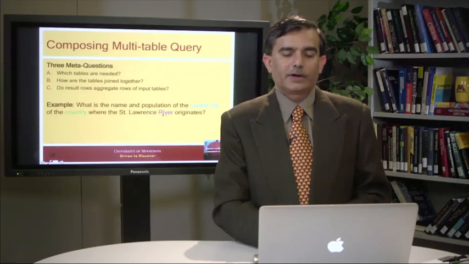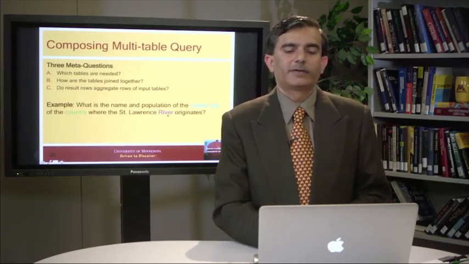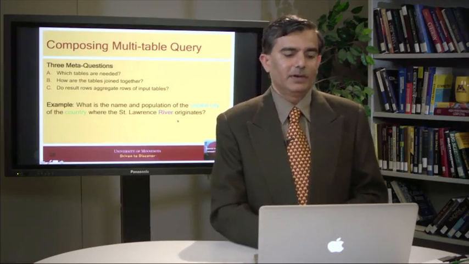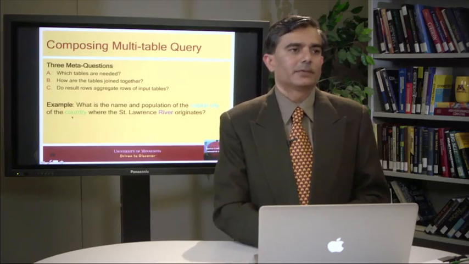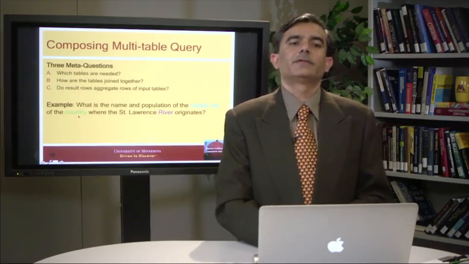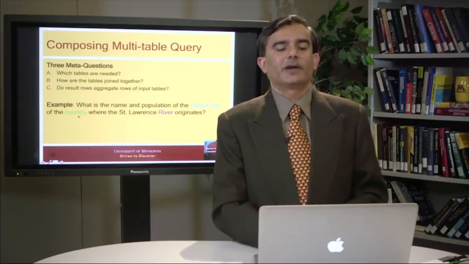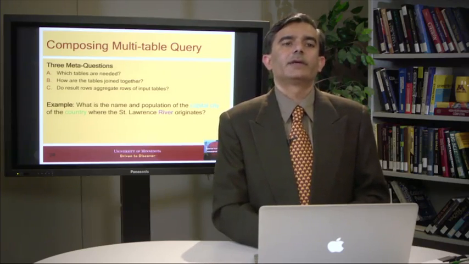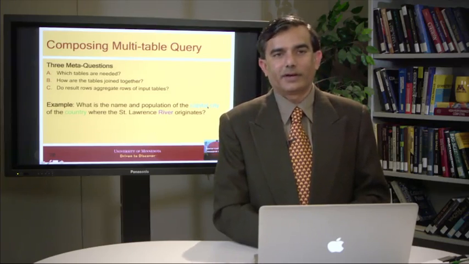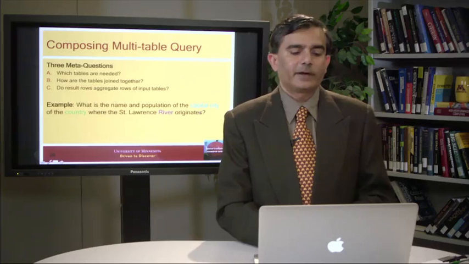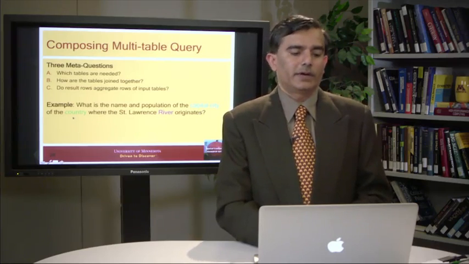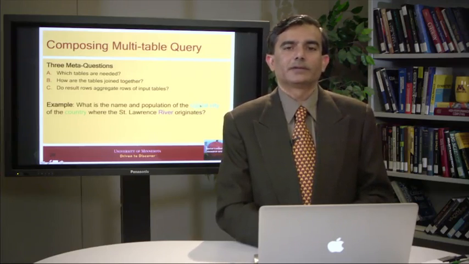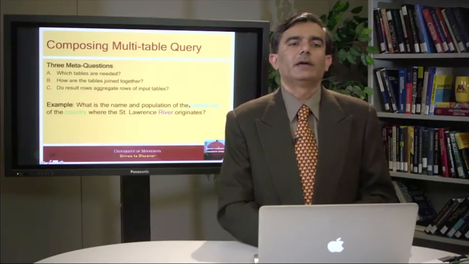you start seeing river, right? So St. Lawrence River, and that will probably give you a hint that the river table is important. And then you start seeing country. Now country information is there in multiple tables, so you have to be careful and see, do you really need the country table or not? Maybe you can get away with the country information in the river table or the city table. If that's the case, we don't need the country table, but if that's not the case, you will need the country table. And you also see this capital, and if you remember in the previous query, capital information was